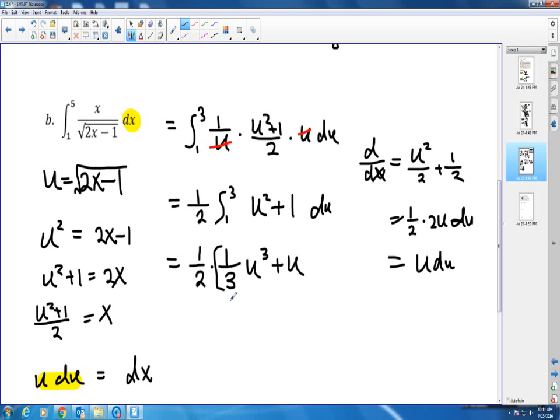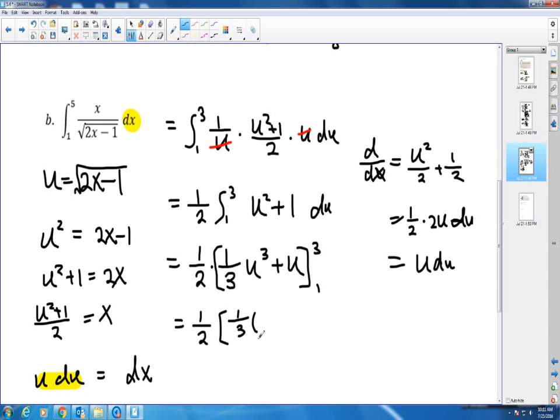Okay, and this part will be evaluated from 1 to 3. The reason I do this is because it's easier. It's easier to evaluate a definite integral using u sometimes, a little bit less step. So that will be half times